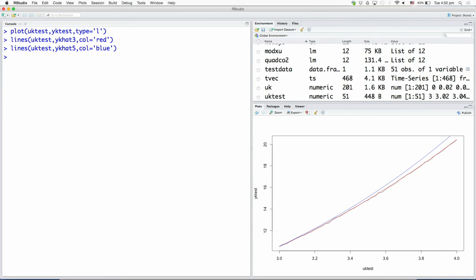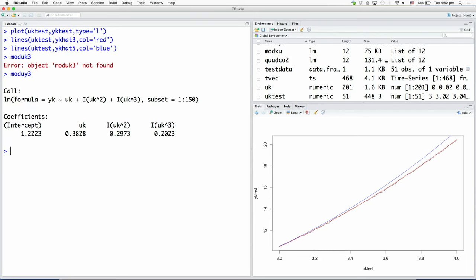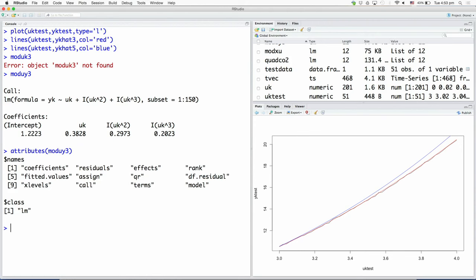I also want to show you the models that we have been fitting, for example, mod yk3, sorry, uy3. If you just type it, this is what it would give you, but if you want the full list of components in mod uy3, attributes will tell you what are all the other things contained in each of these models returned by LM. You have coefficients, the fitted values, you can compare the fits. The fitted values are the predictions of the model on the training data.